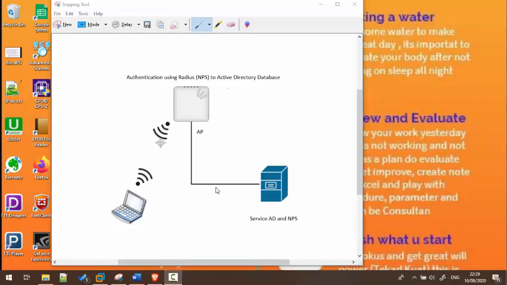Today I will do a lab. The lab is authentication using RADIUS NPS. NPS is Network Policy Server to the Active Directory database. So for the title, it is if a user